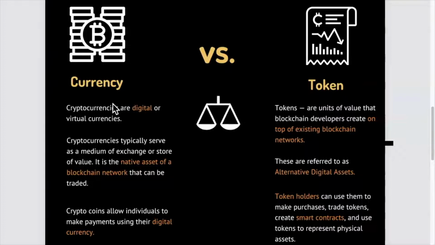So projects built on top of the Ethereum platform don't affect the actual Ethereum network. What they do is they branch off and build a new layer, and that layer uses the Ethereum platform to run, power, store information, and provide record keeping and accounting for those transactions. Tokens are also referred to as alternative digital assets because the names currency, crypto, and token are all very misleading.